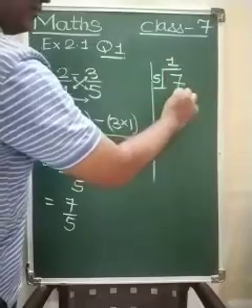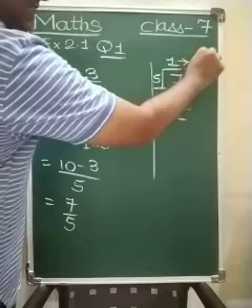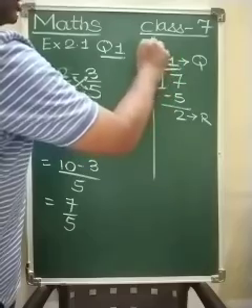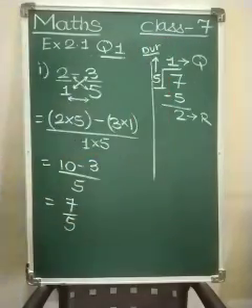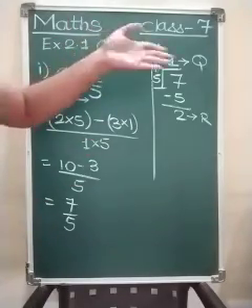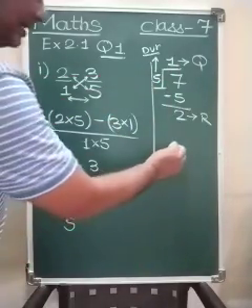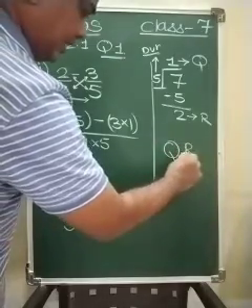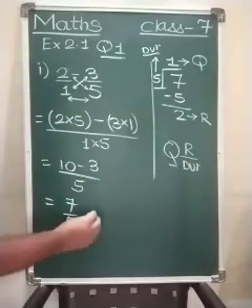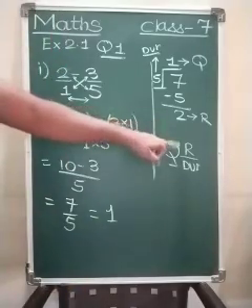5 1s are 5. 7 minus 5 is 2. This is called the quotient. This is called the remainder, and this 5 is called the divisor. Again, this was in the 4th standard, you have learned what is divisor, what is quotient, what is remainder. And how do we write this as a mixed number? We write it as quotient, remainder upon divisor. So the quotient becomes the whole part. So this will be equal to, what is the quotient? 1. Then what is the remainder?